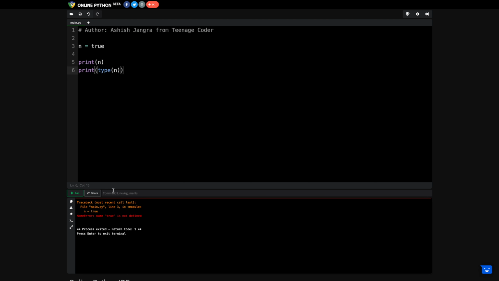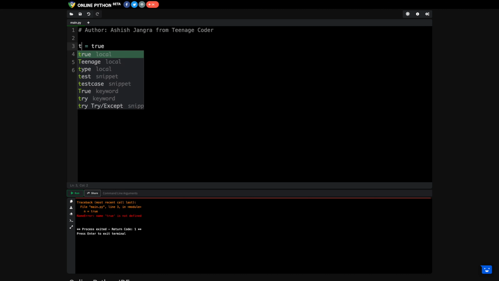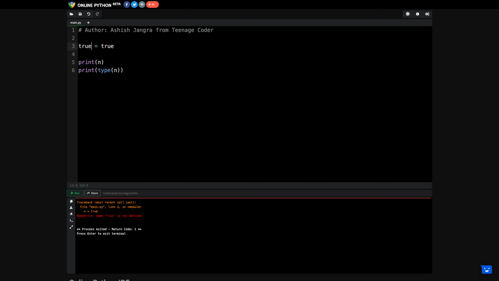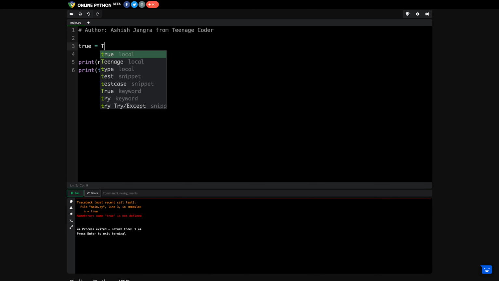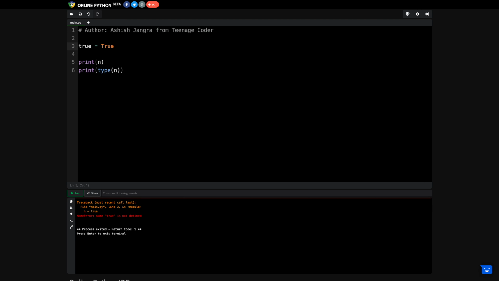Clear? So what you can do, you can use this particular True as a variable. Here you can write True with a capital T, because this is inbuilt. This is something that the computer knows what this is, right? This is inbuilt, meaning predefined in the compiler as well, where you are writing the code.